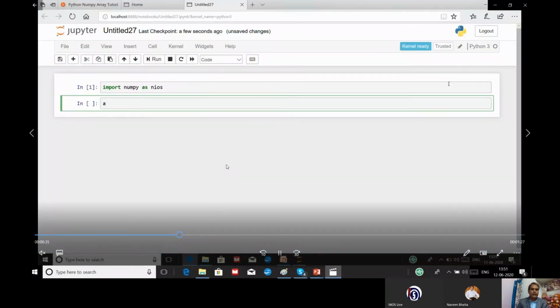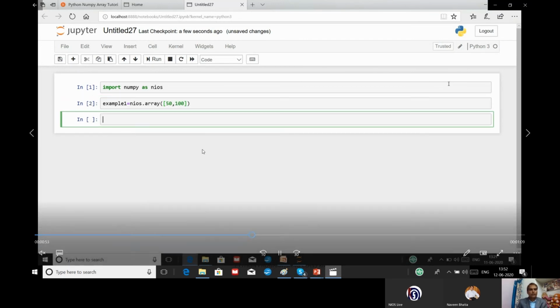Again, we are here on Jupyter Notebook. This is the example. I am going to create an array using the variable name nios. It can be anything. I have created an array with the help of integer values. Now you can see this is example number 1.